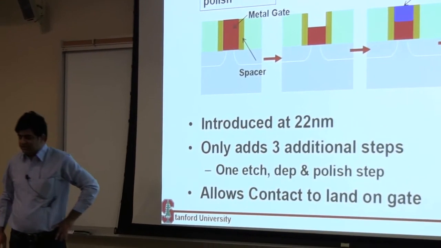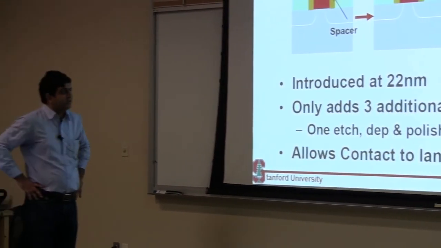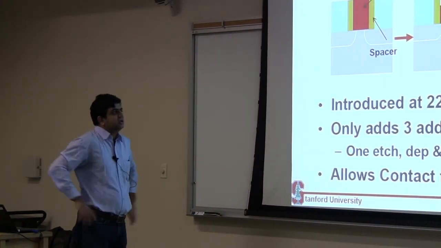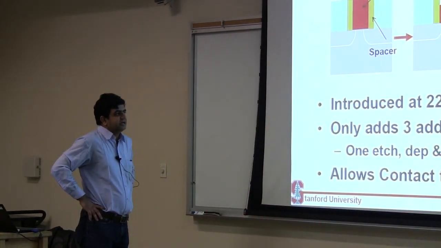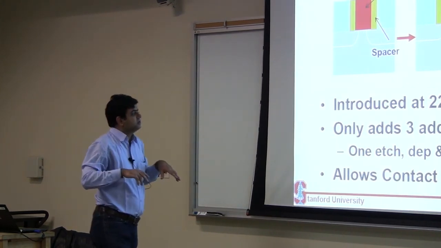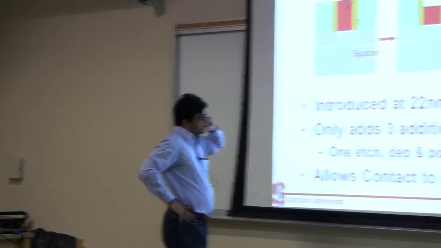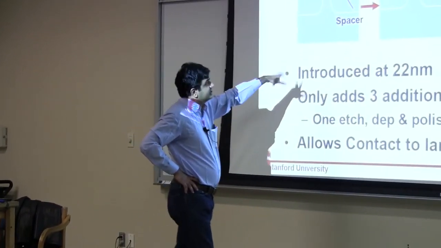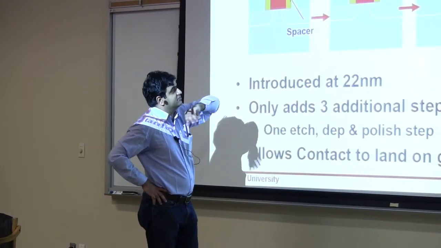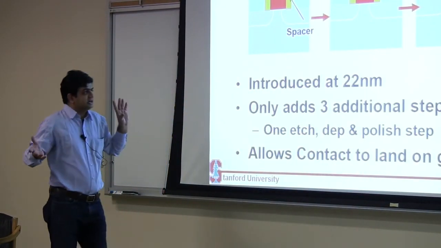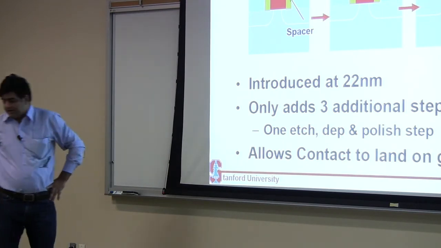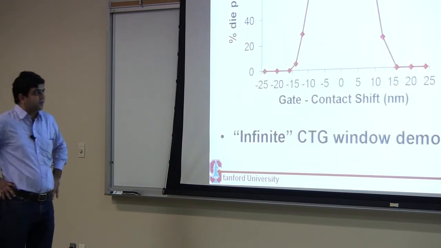And remember, the gate lithography and the contact lithography are the two smallest lithography steps with the most aggressive feature sizes. So inherently, there's a lot of misalignment built in. This was introduced by Intel at 22 nanometer, and you add 3 extra process steps. You etch your metal, you fill it up with nitride. But now essentially, your contact can land on top of your gate, and you will still get some current out